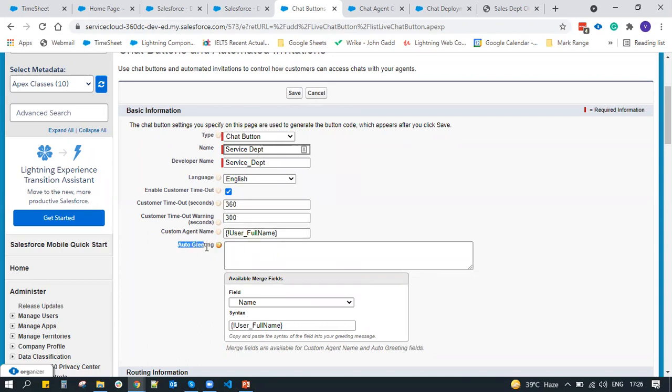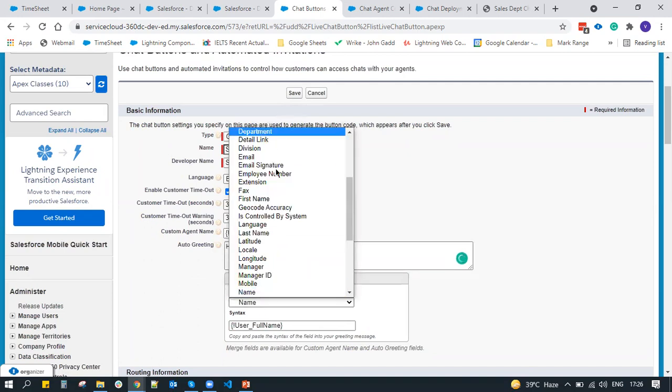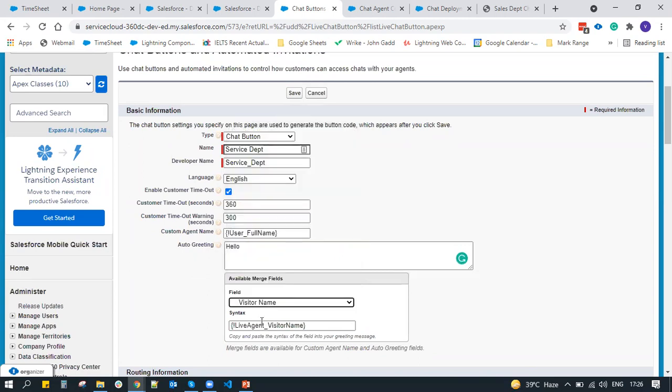Auto greeting message, or you can say welcome message. Welcome message is what your customers will receive as soon as the chat has been accepted by the agent. So here let's assume: Hello, and then I want to show the visitor name. Copy it.